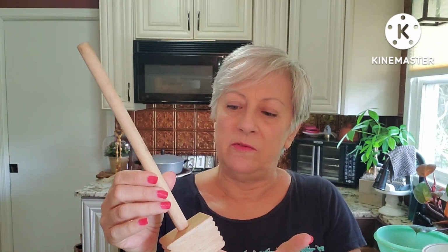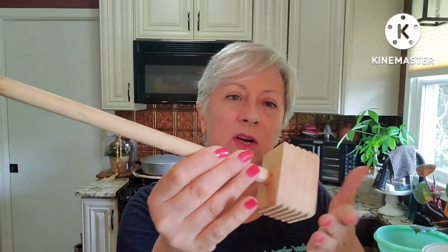Now these I found, and these I have been collecting up for staging in the booth, but I am also putting prices on things like this. And if you have a booth, one of the tips that I learned from another booth owner in watching their videos is that you should put a price on everything. Everything in your booth should be for sale. And a perfect example of that, and that I followed through on, were two things that I have sold